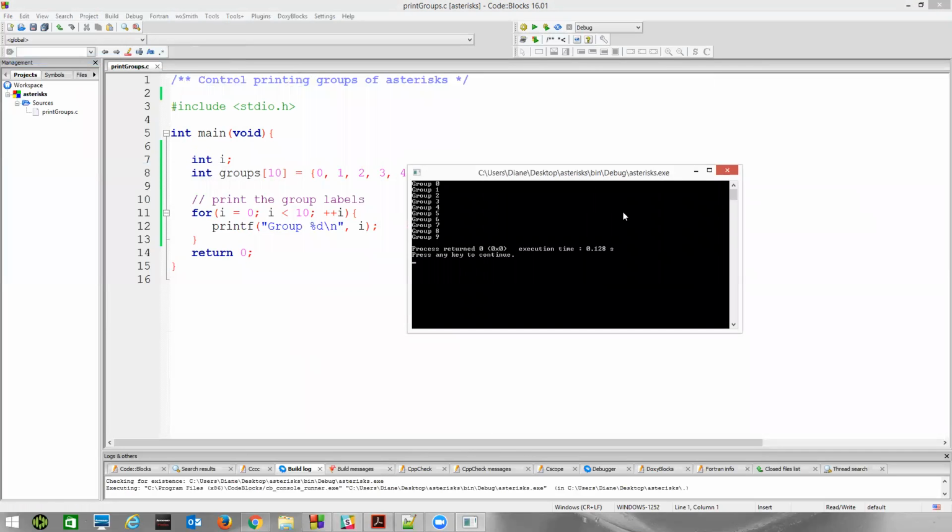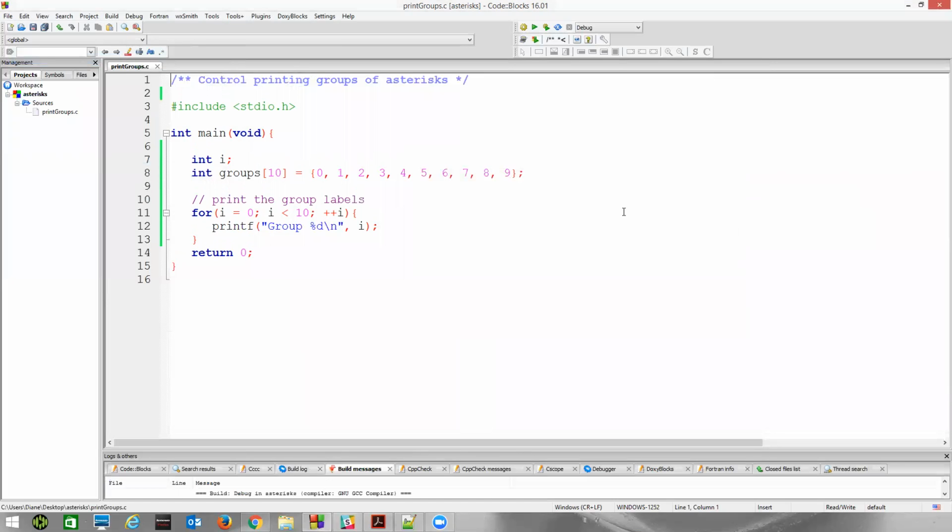We get group 0 through 9. We solved that part of the problem. We have some code that recognizes the fact we're going to need to walk through some sort of array. We can use an index in this case to print out the group numbers. That doesn't solve the problem that we don't know what numbers will be stored for each of these groups. Let's just go ahead and